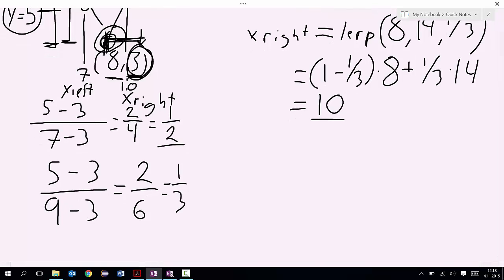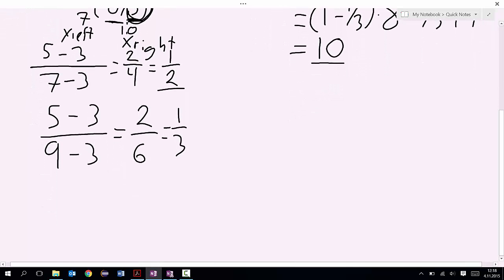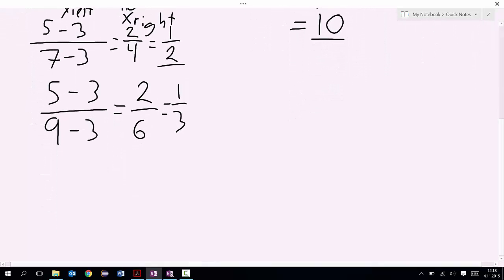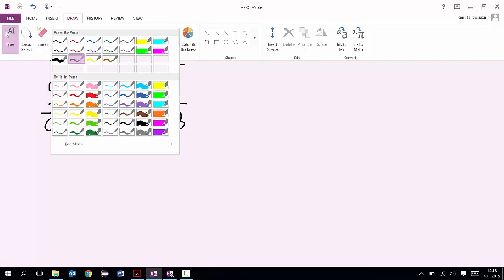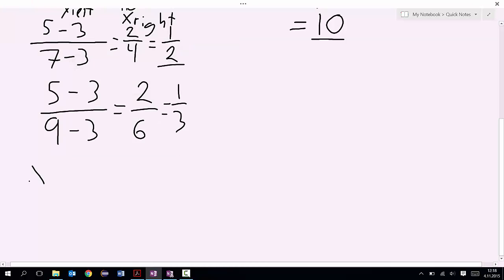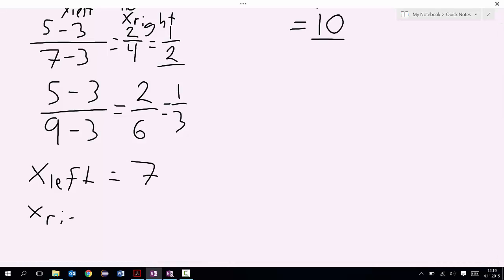So we have these parameters here. So we can simply write this up here and save this here. We have x left equals 7. We have x right equals 10. That's there. Now we can go and say we have b underscore color left,